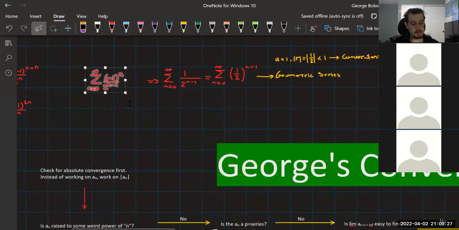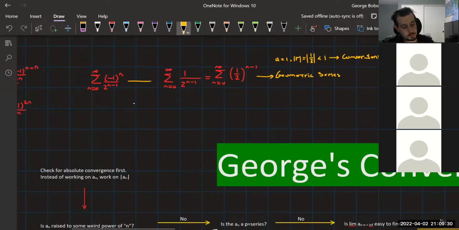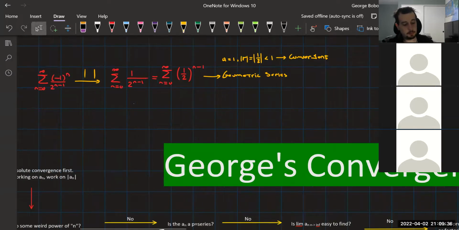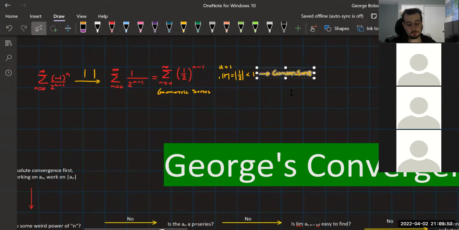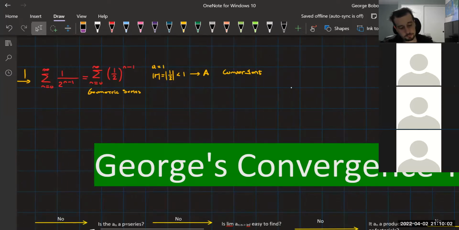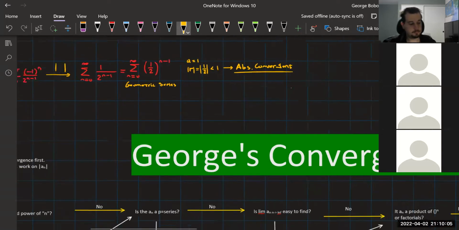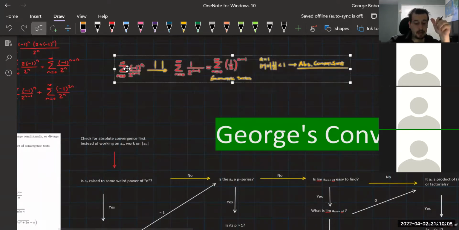You started with this. You're checking again. What we're doing here is just taking the absolute value. And then we're checking to see what we get. And we got a geometric series. So once we get the geometric series in, we ask, what are these values? And we saw very well that the R is much less than 1. So this is convergent. And because we were checking for absolute convergence, it's not just convergent, it is absolutely convergent. So the first piece, absolutely convergent.